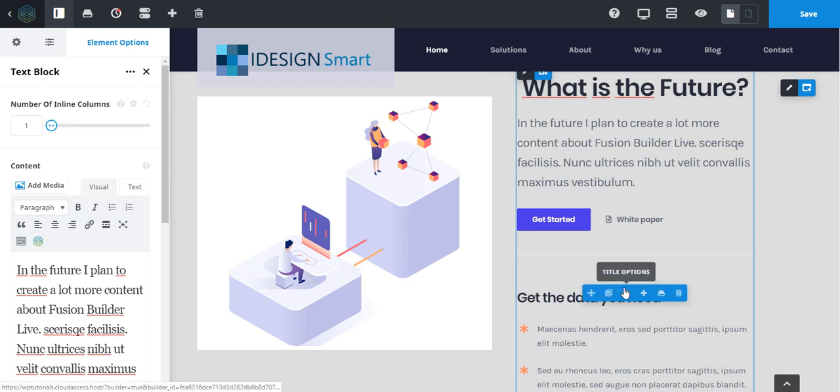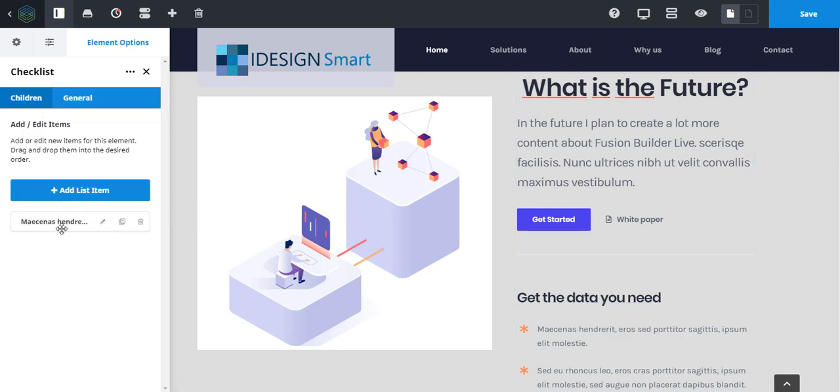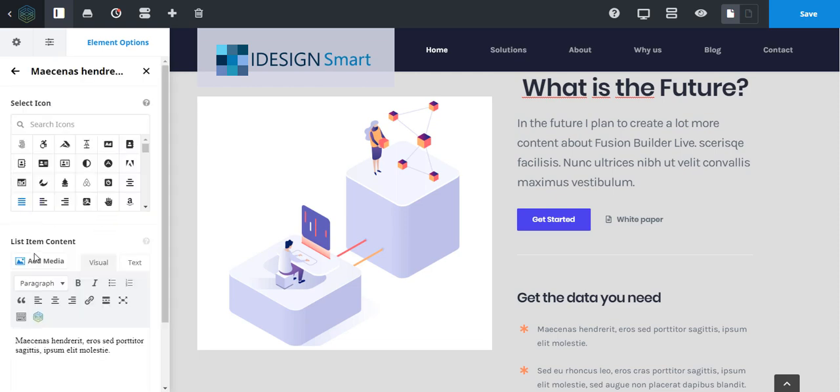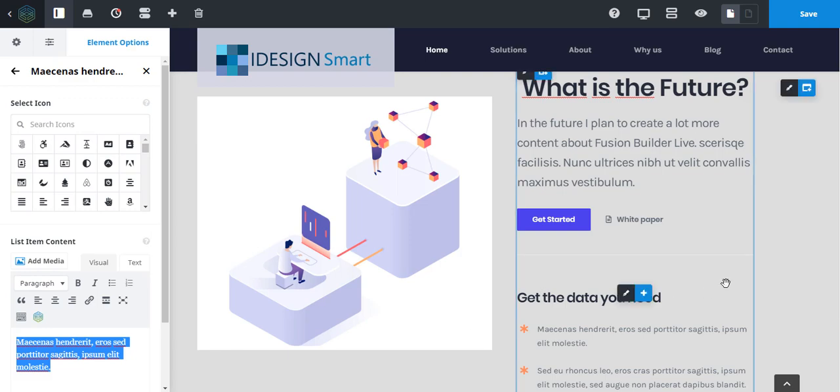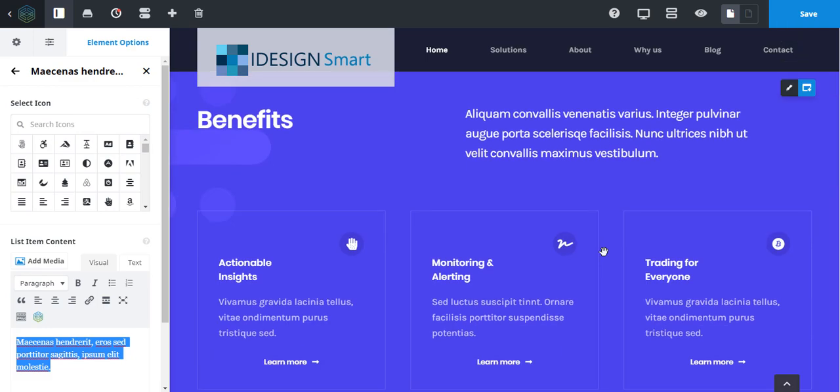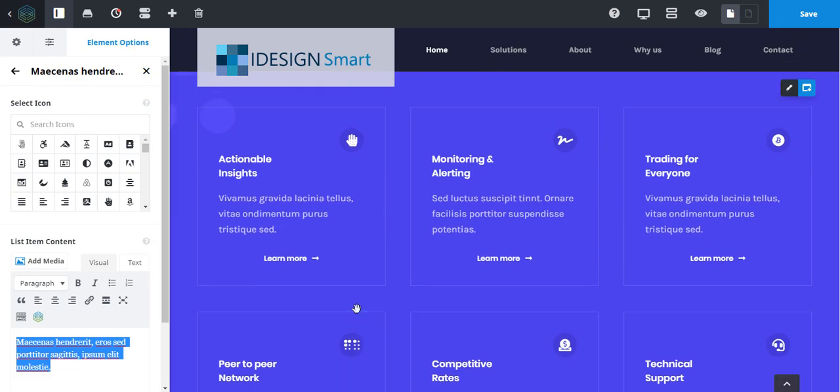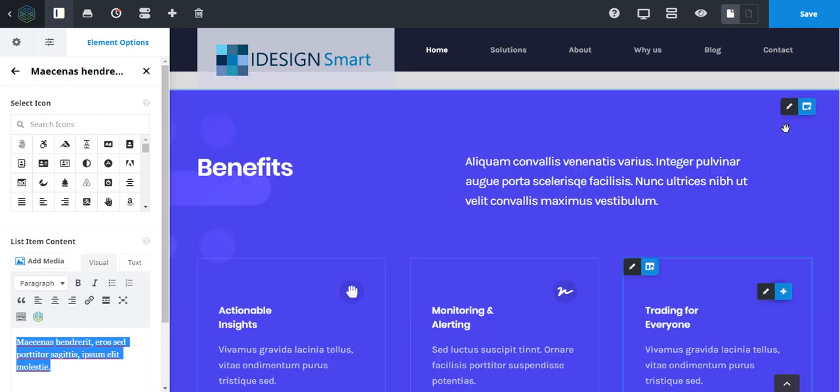You can also look at other elements. So that looks like a checklist. So checklist options. If you click on that, you will have the checklist item here. And if you want to click on the checklist item, you can click on here, and there is the checklist text that is being displayed that you can edit. So benefits, we'll just get rid of some. So we will just go ahead and okay,